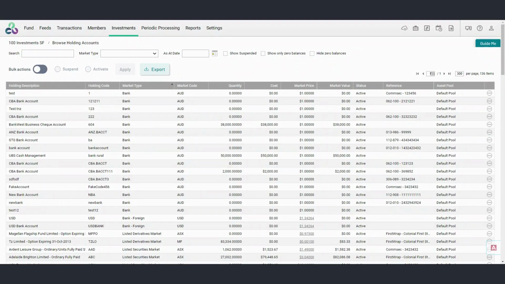There are a number of benefits of suspending zero balance investments. The first is that it will speed up the load time in the Browse Holding Account screen and in certain reports. It does this by clearing out the buildup of zero balance investments over time. Even though you previously couldn't see zero balance investments, they were still being loaded in the back end unless those